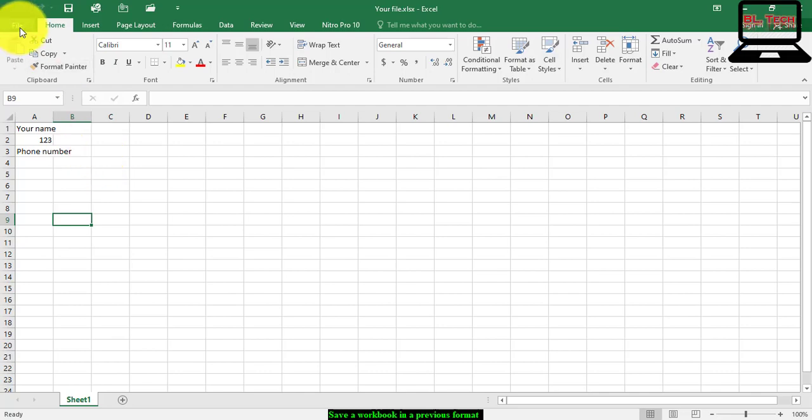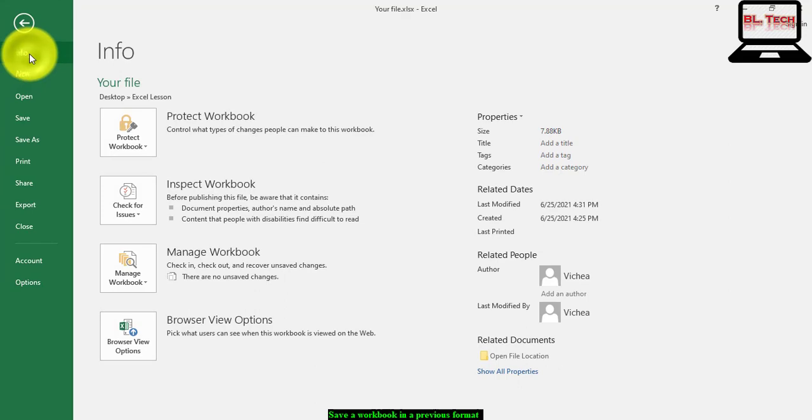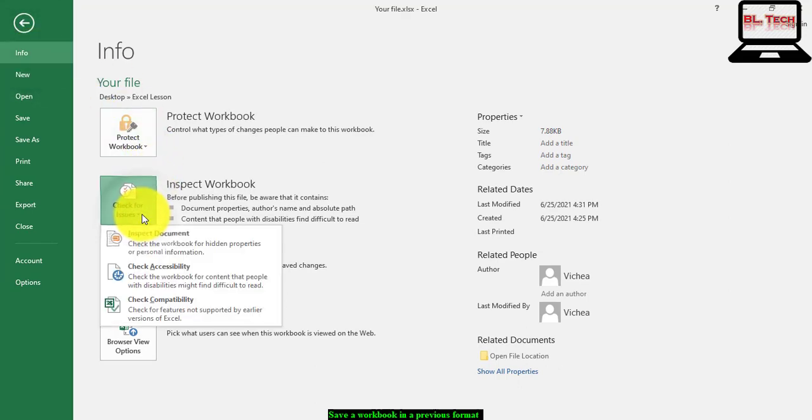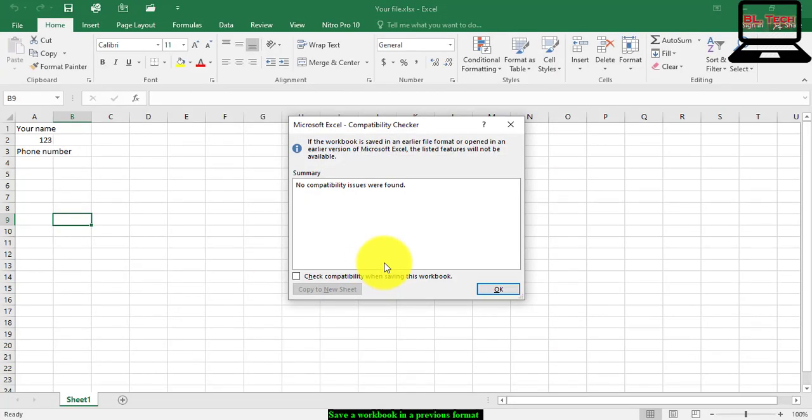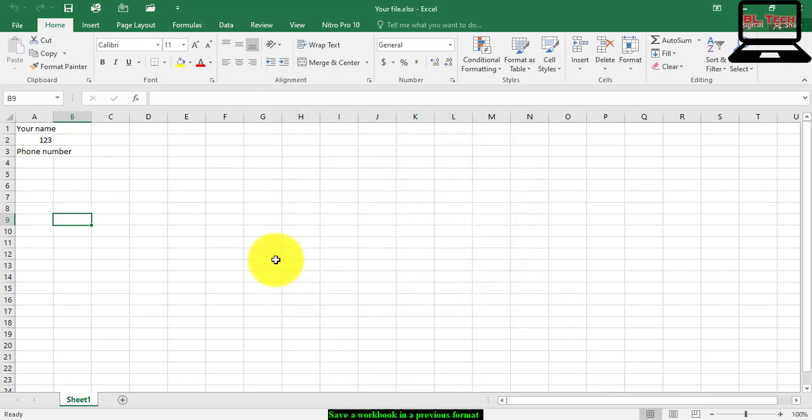You can click file, info, then check for issues, then check compatibility. Normally, if you have any issue, it will display in the summary description box. So it means no compatibility issue was found in this file. Okay, you click OK,